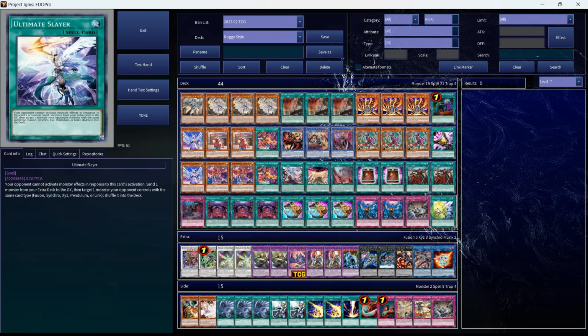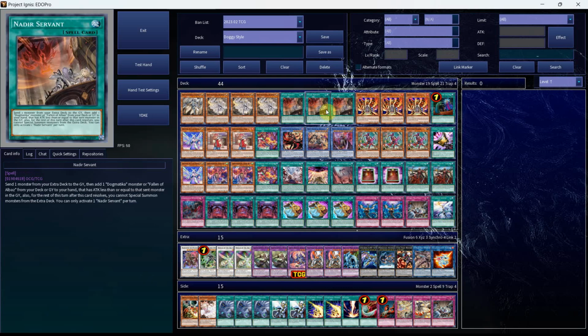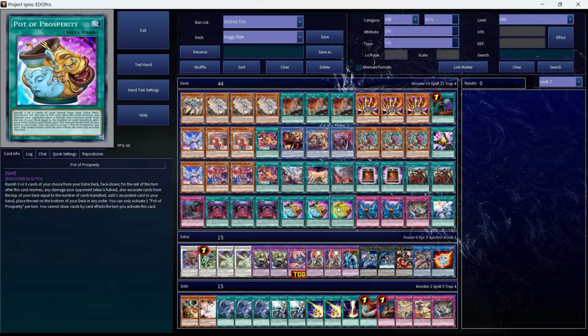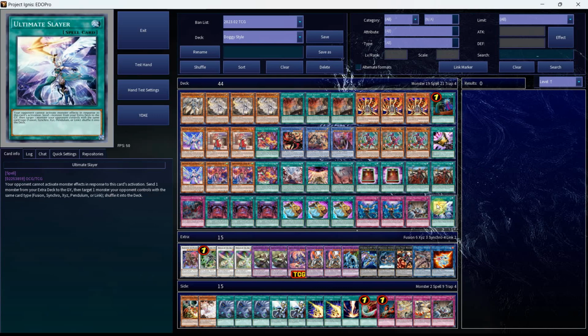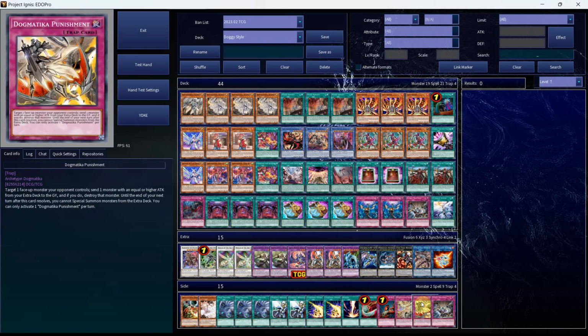You'll see that I also have the Ultimate Slayer here. It's a thrust target, and because we have so many good normal spell cards that we would want to search, like the Nadir Servant, the Evenleaves, the Prosp, I just feel it's a no-brainer to play the thrust package. The Ultimate Slayer just becomes a going second version of the Dogmatika Punishment,